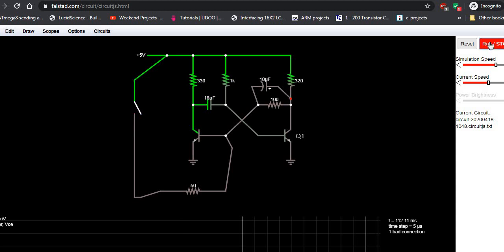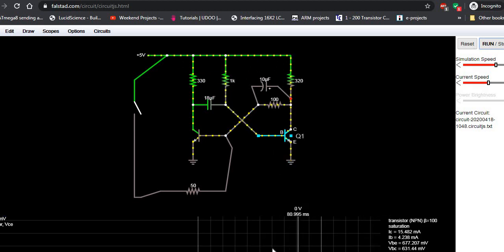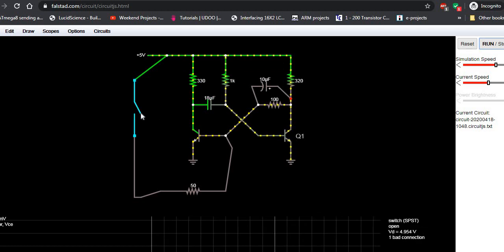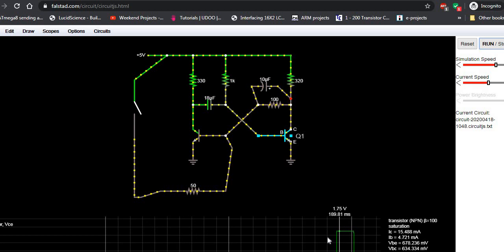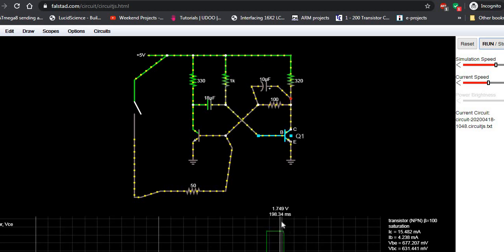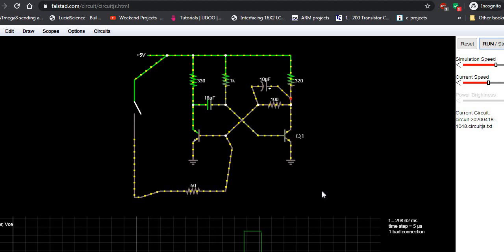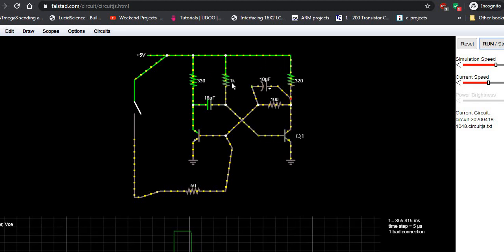Let us run it. Right, this is the output before triggering. What we are getting, this is the output. We are getting low output, right? Let us apply the triggering for one moment and release it. See here, at the output of Q1, for a certain duration, output is high, right? This is what we have said in the theory also. When and only when triggering pulse is applied, output will change from low to high. That duration of high pulse depends upon this 1 kilo ohm and 18 microfarad capacitor.